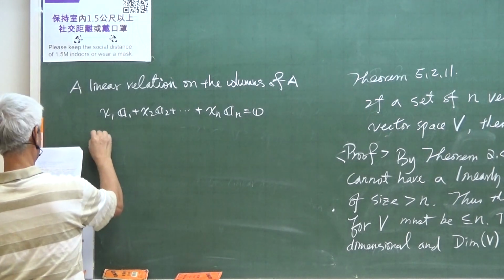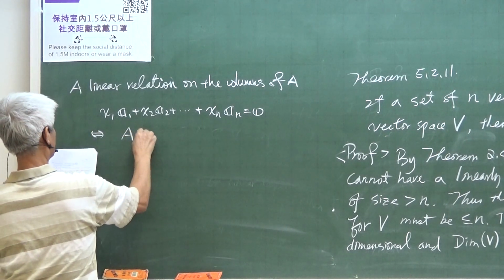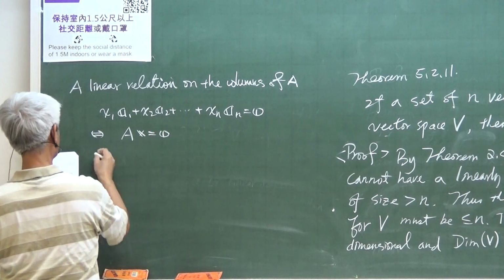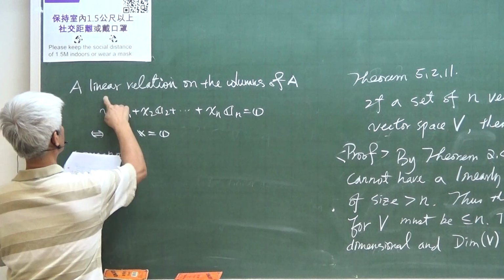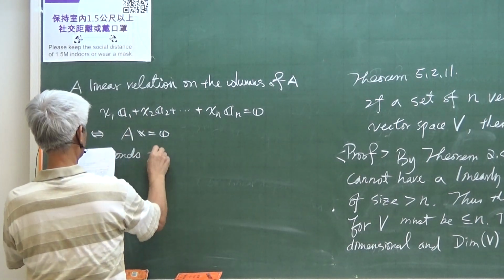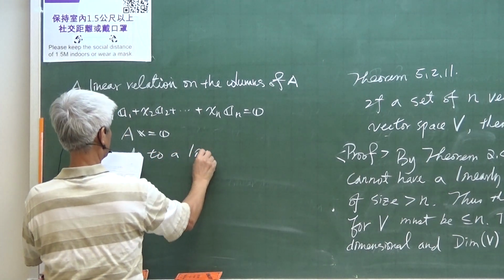Right, so this is equal to Ax equal to 0. Right? Correspond. So a linear relation corresponds to a linear relation